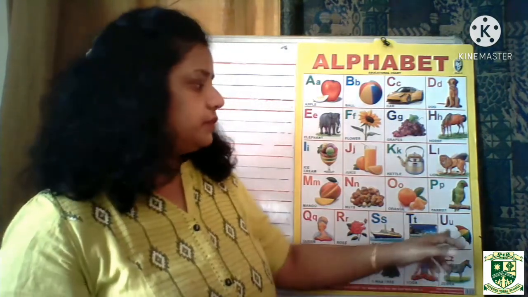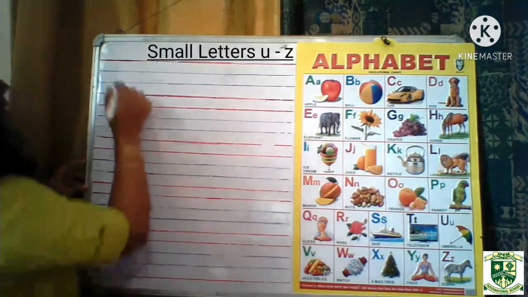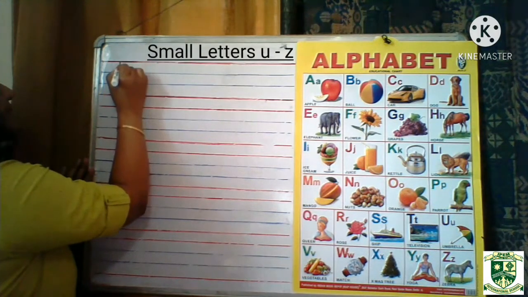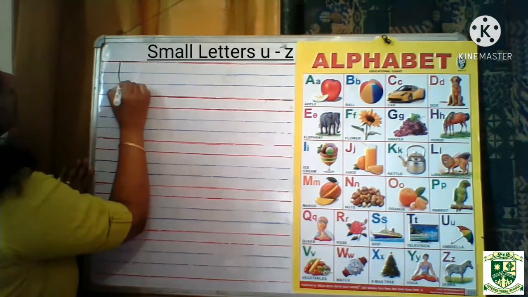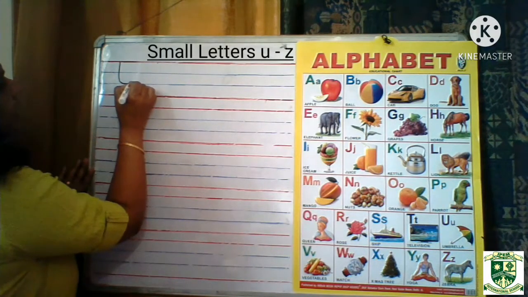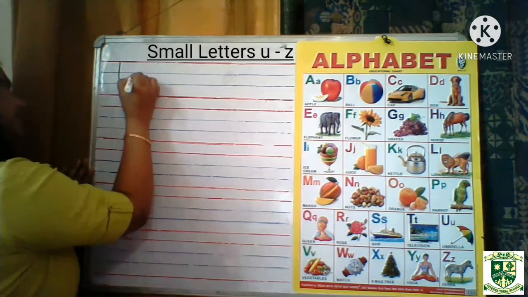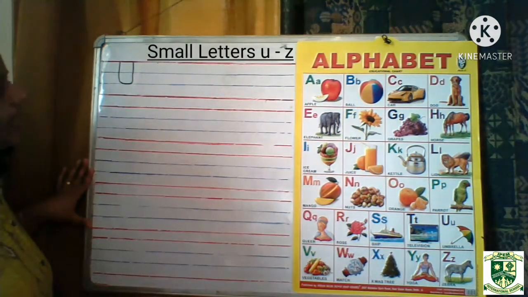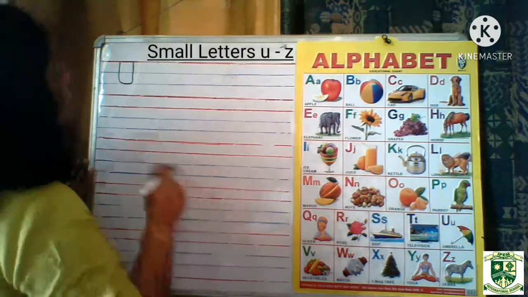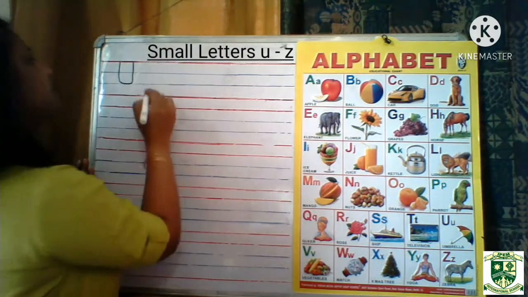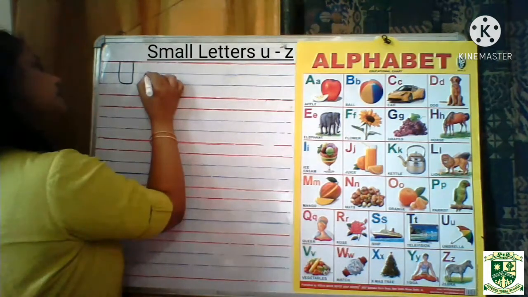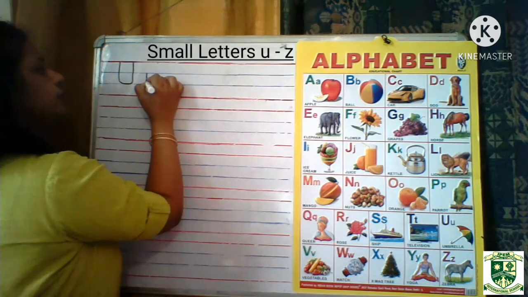Now first we will see how we'll write capital U. How will we write capital U? We'll start from the top red line. We'll make one standing line and then give it a little turn on the second blue line, and then don't stop. Go upwards, making one standing line till the first red line. This is how we'll make capital U. How will we make a small u? In the same pattern, we'll make it in between the two blue lines. So one standing line in between the two blue lines.